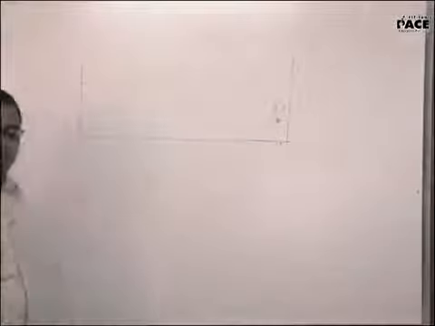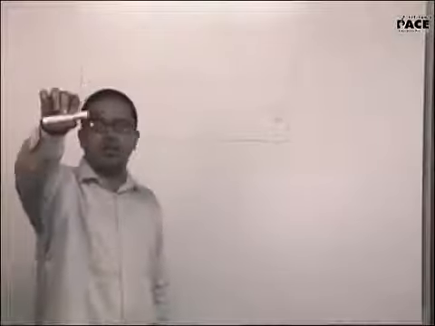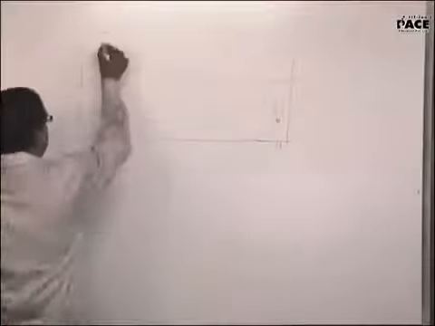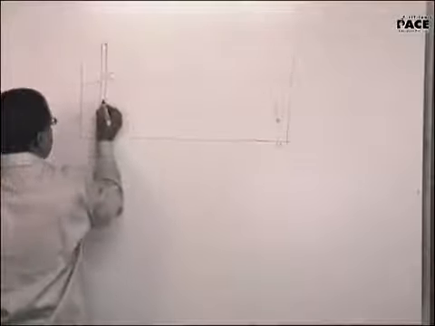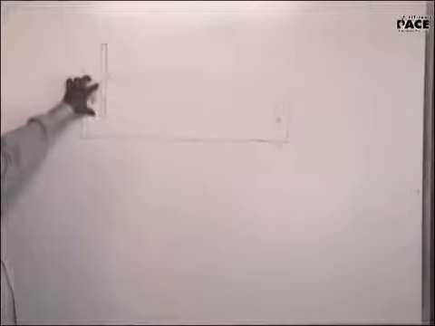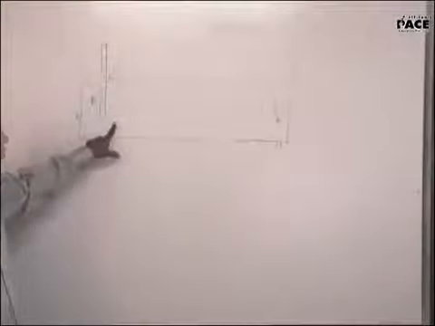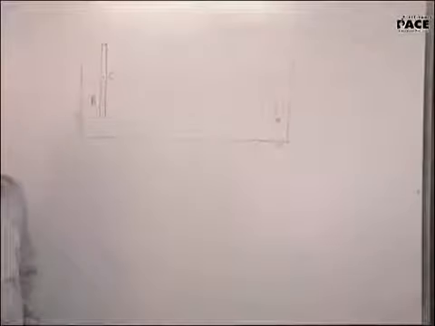This is called a metastable condition. If you take a bamboo stick and make it float over the water, it will never float this way, it will fall. The reason being, if you have a bamboo stick this way, the center of mass will be here but buoyancy will be here. Buoyancy will act at the centroid of the immersed part. Buoyancy is the upthrust force due to the weight of the liquid displaced. That will act at the centroid of the immersed part.